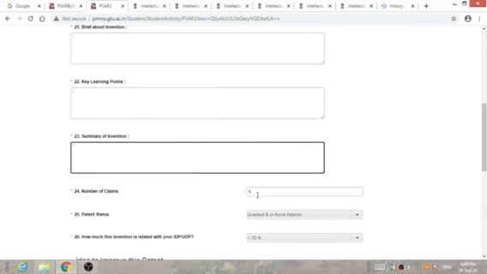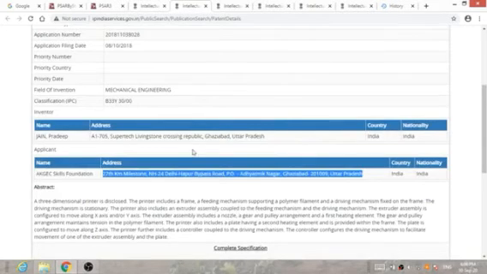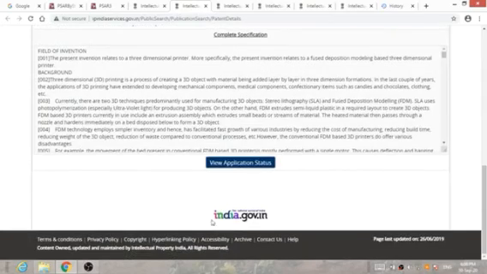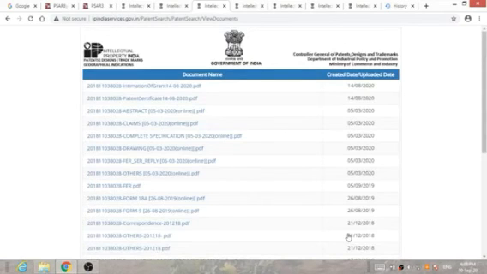Question number 24 is number of claims. For the number of claims, you have to click on view application status, and then click on view documents. Over here you will get the PDF of claims.